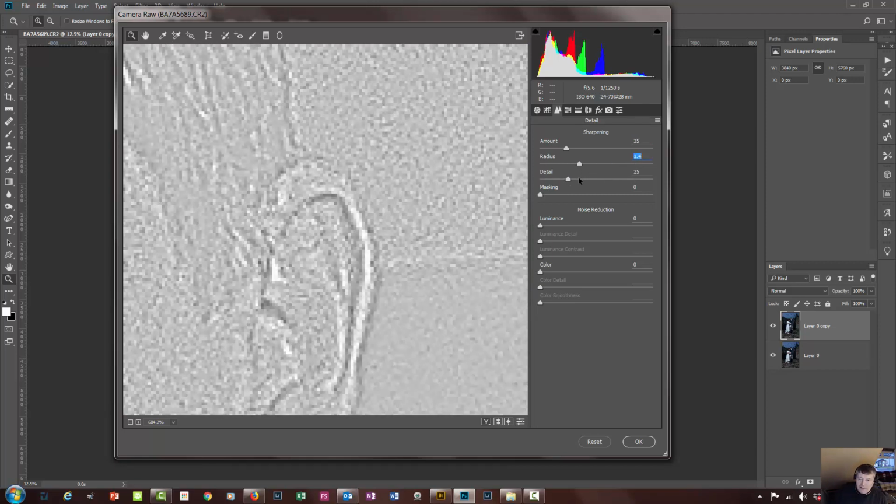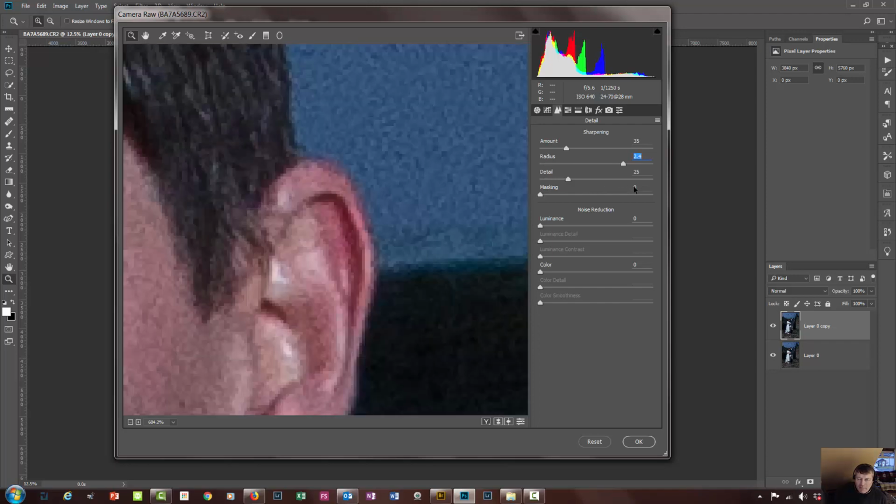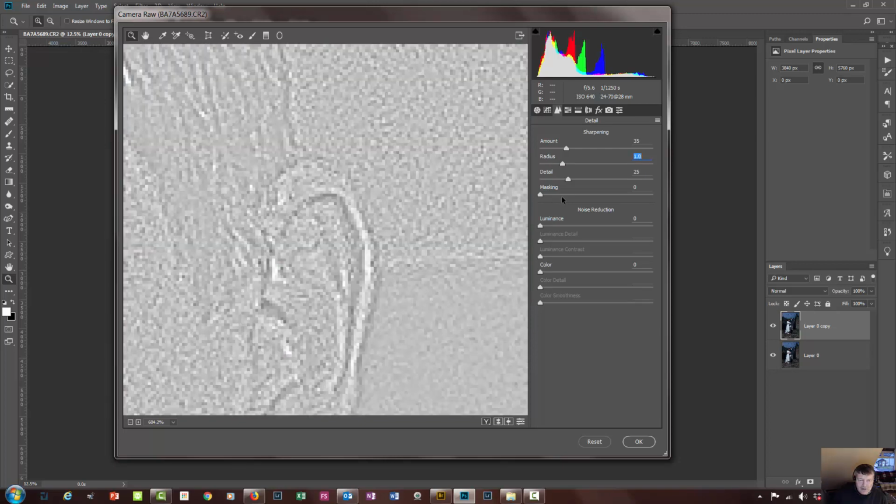I'm holding the Alt key down, the Option key on your keyboard if you're a Mac user. I'm a Windows user. If I put that way up, the radius is 0.5 pixels, way up to 3 pixels, and you can see it's far too much. You want your radiuses to be 0.5 to 1 pixel. Any more than that and you're going to overcook it. If you hold that down,